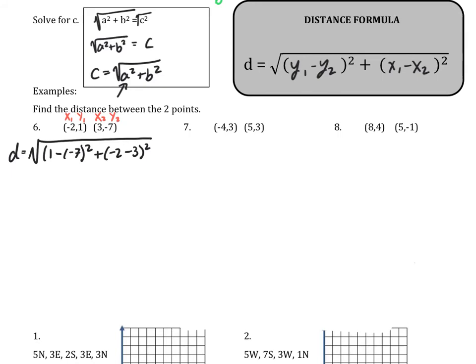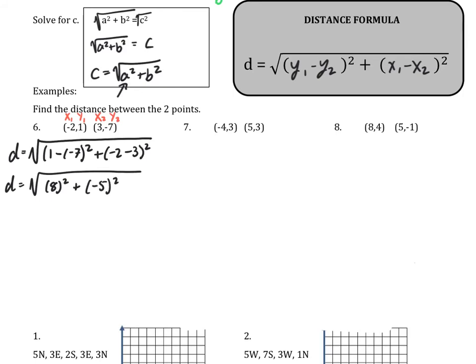So you can just plug this whole thing right into your calculator and get a value. I'm going to do it a little bit longer just so you can see it worked out. So 1 minus negative 7 is 8, so we're going to have an 8 squared plus negative 2 minus 3 is a negative 5, so